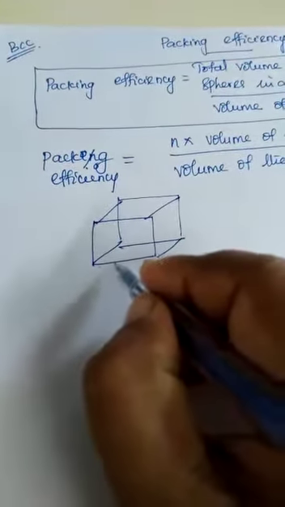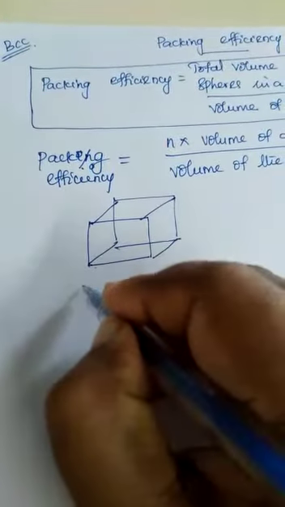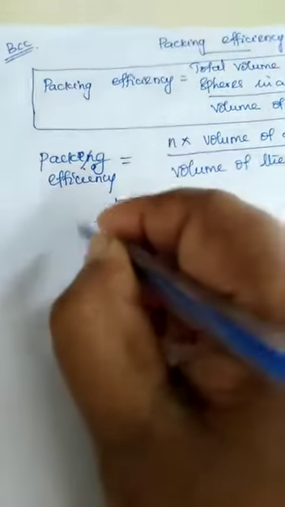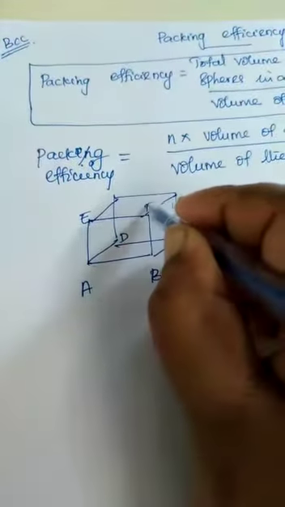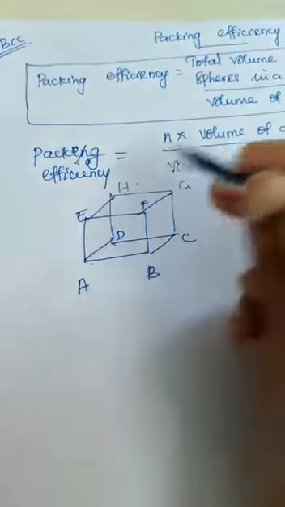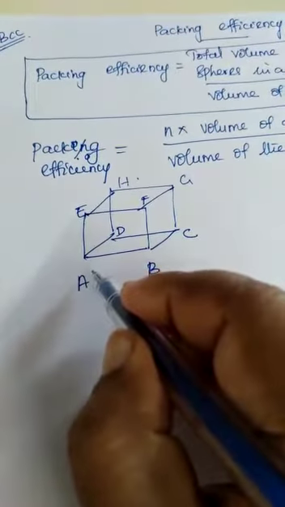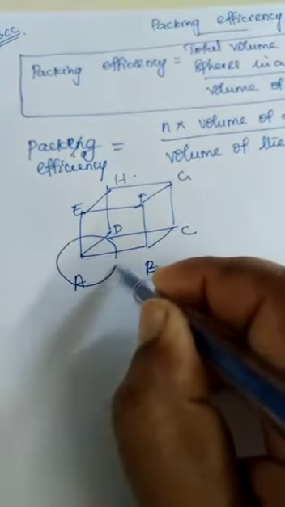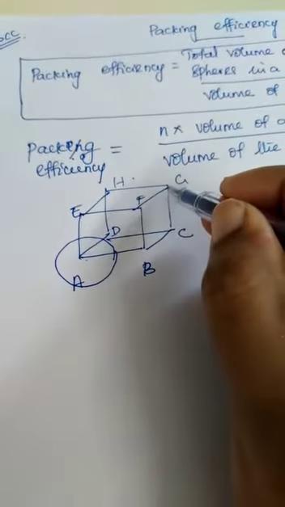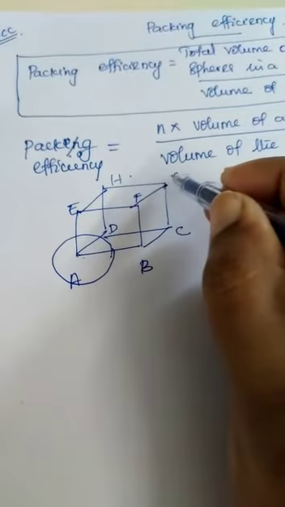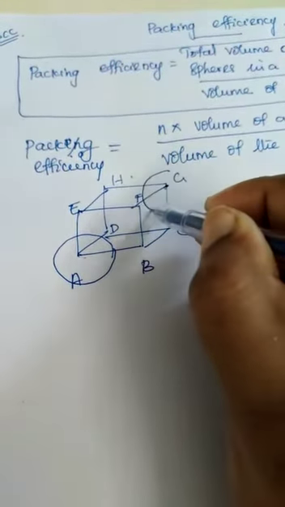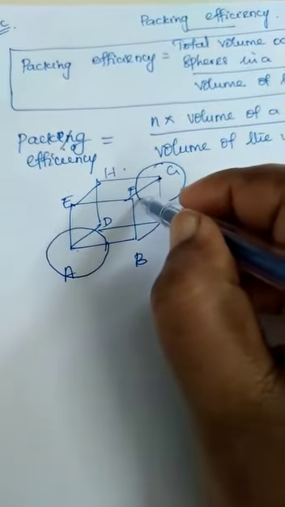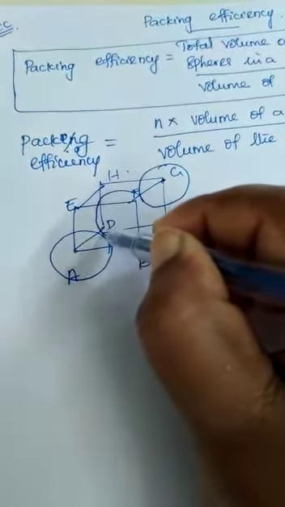So I'm going to draw this corner. I'm just representing this A and this B, this is C, this is D, and this is E, F, G and H. In that, I'm going to draw an atom at the corner A, as well as drawing the atom at the corner G, that is at the back side of this, drawing the atom at this corner, as well as the atom at the center. This you have studied in the BCC crystal.